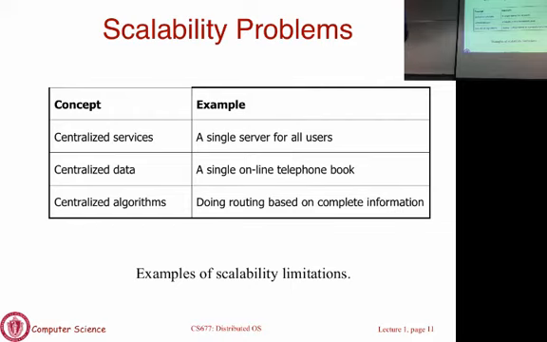So the scalability issue comes up when the number of requests coming into your service exceeds the capacity of the server that the service is running on. A distributed service will not have this limitation because it can run on multiple servers. So you can harness the capacity of multiple servers, which means you can service more users than a centralized service. Fairly simple. Centralized data is somewhat more interesting because in centralized data, there's one copy of the data